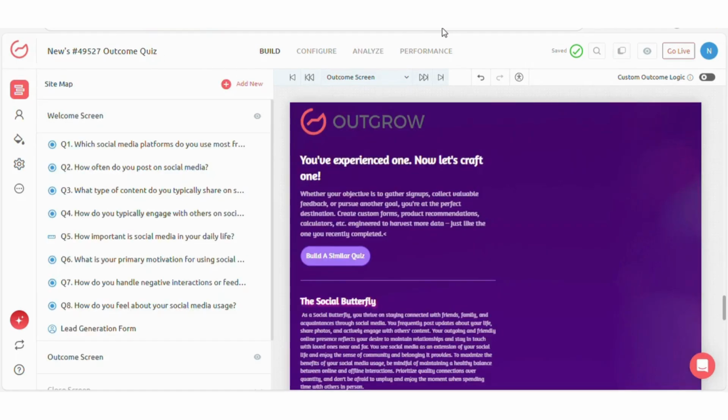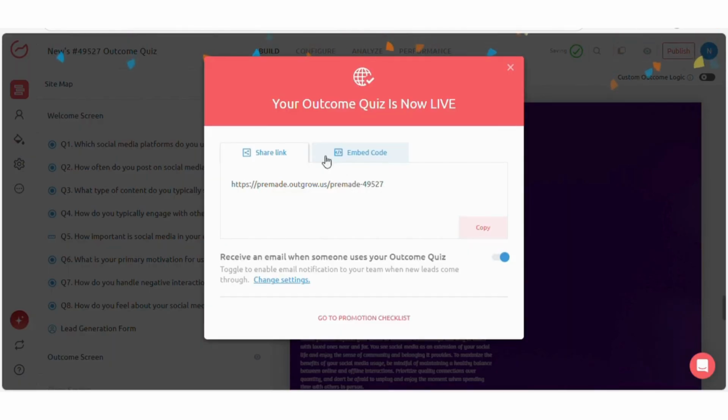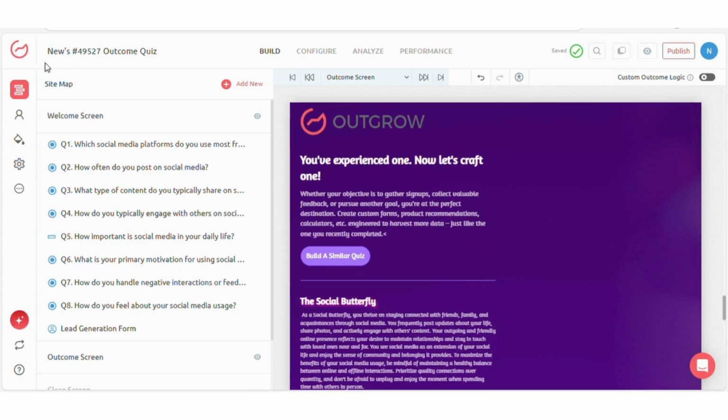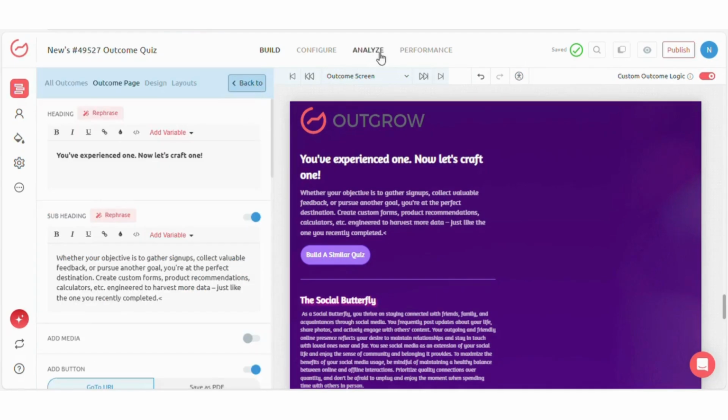Once you're happy with your quiz, click on Go Live and Publish. Outgrow gives you a direct link and embed code so you can share it on your website, social, or even via email. Outgrow also offers multiple embed options that you can use to promote your content piece as a part